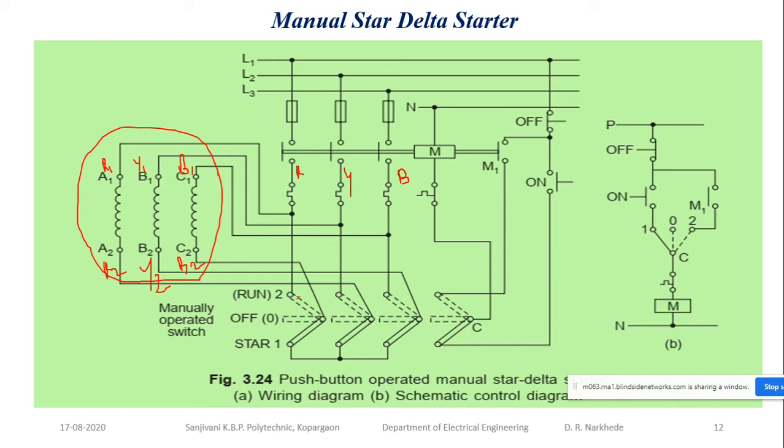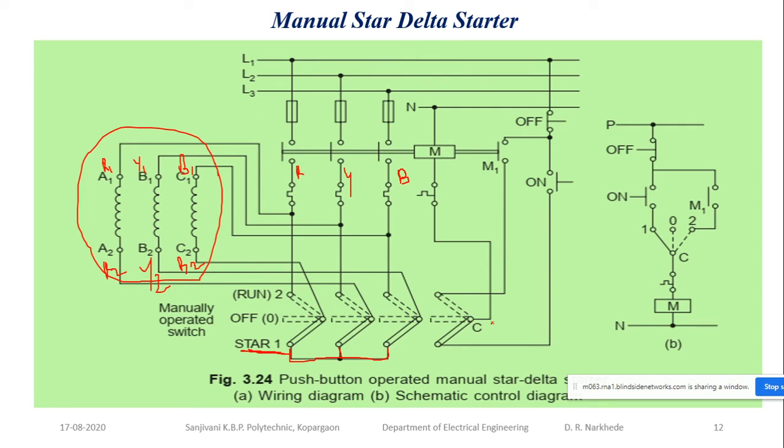So what you are going to do over here? When I want to start the motor, initially I have to place the switch in position number 1. If I want to start the motor in star connection, this switch should be placed in position number 1. When I place this switch in position number 1, all three phases are going to be shorted over here. You can see these are connected to each other, and this is the C winding connection, this is B winding, and this is R winding. So these are shorted, and your machine is connected in star.